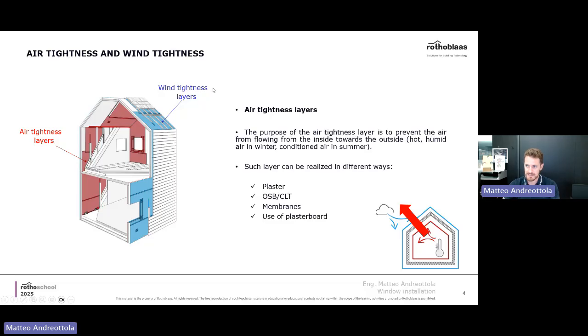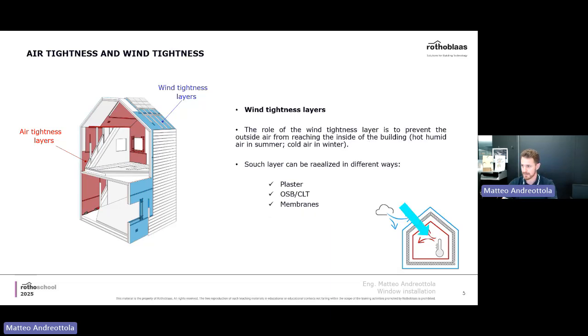Another thing that we haven't discussed is the wind tightness layer. This is just as important. A wind tightness layer obviously is to avoid the wind coming in. So again, as we said before, it is to avoid the cold bridge. But just as important is the fact that you should avoid the cold bridge into the initial layers of the insulation. If you're lowering the temperature, the colder the temperature, the more risk you have for potential condensation on the inside.